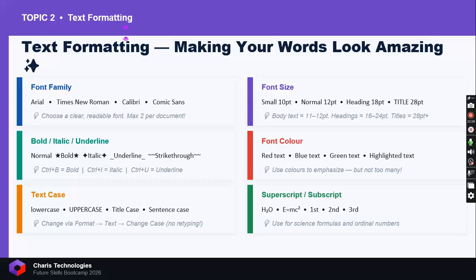So you can use colors to emphasize. Let's say you are typing and you want a particular text to stand out, to be different from the others. You can use color, maybe red or something like that. But be careful not to use too many colors. Let's say you use red here, green here, brown, purple, yellow. You understand? That's going to make your text look very